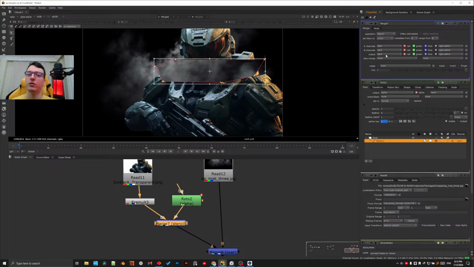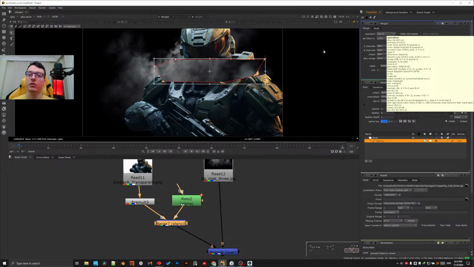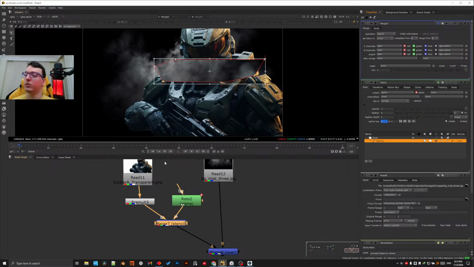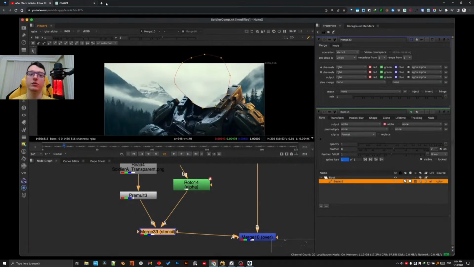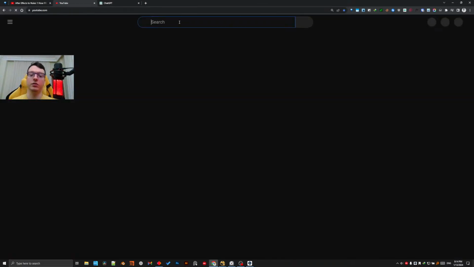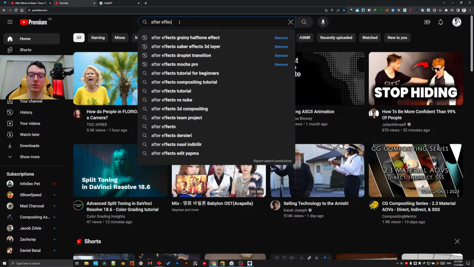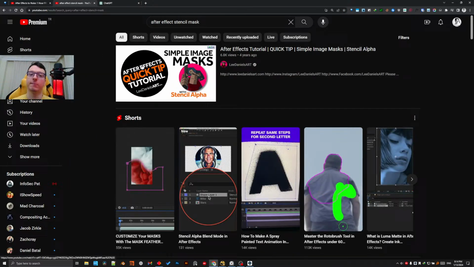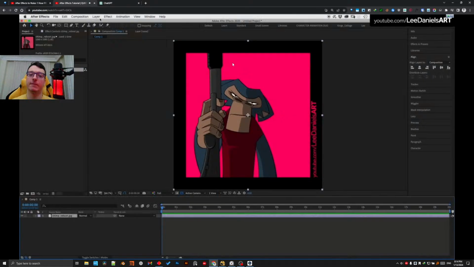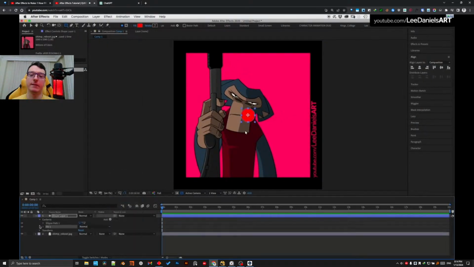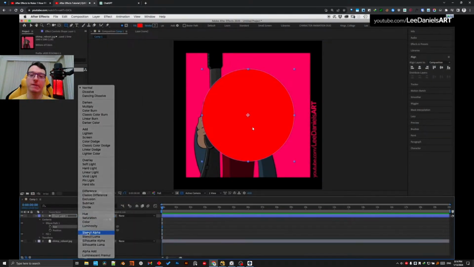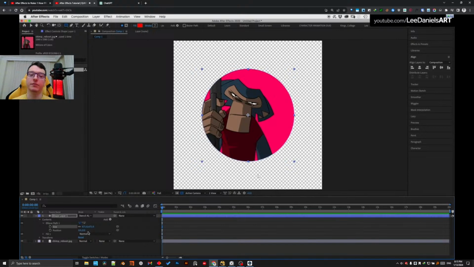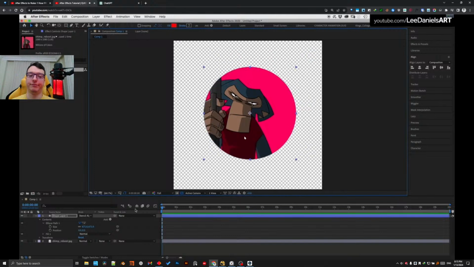Okay. Stencil. So stencil is deleting the image itself. So let's just, yeah. I'm just gonna look for the After Effects stencil mask for the comparison. After Effects stencil mask. New shape layer, fill. Shape layer, choose Stencil Alpha. Stencil Alpha. With this quick method, you can independently animate the